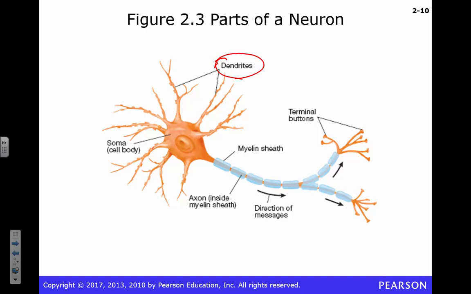Remember that guy Purkinje we talked about? You've got Purkinje cells in your cerebellum responsible for coordination, right? Those guys will collect like 100,000 inputs. Okay, that's actually pretty impressive. They happen a lot on these things called dendritic spines. These little spines will come off. They increase surface area.